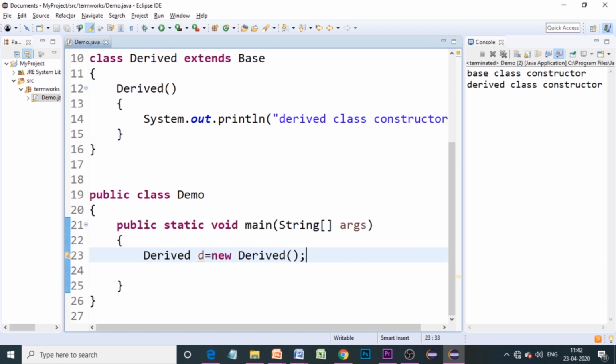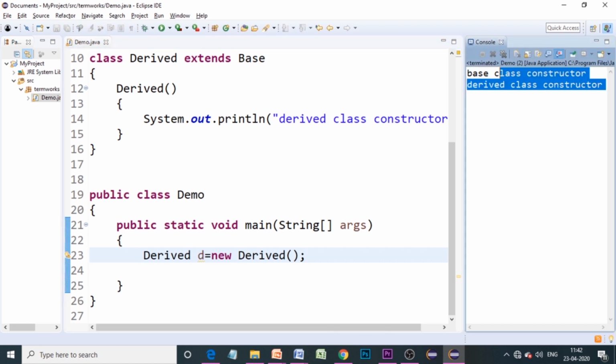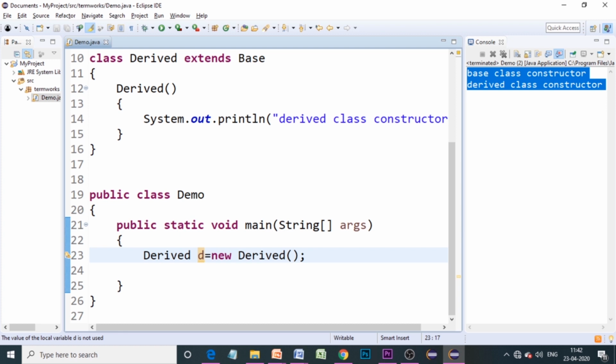The reason we are getting these two things as the output is, whenever you create an object of the subclass, the order of execution of the constructors will always be the base class's constructor first, and then the derived class's constructor.